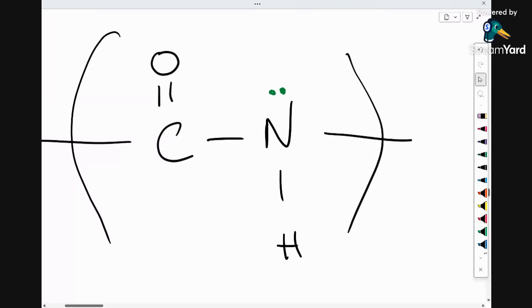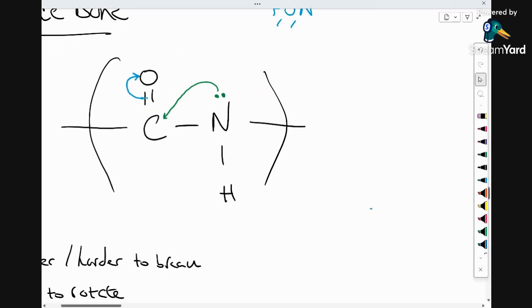That's a really bad arrow, apologies. There we go. And what then happens is the electrons in one of these bonds on the oxygen then break. They get transferred back to the oxygen. And so what you end up with is this structure,